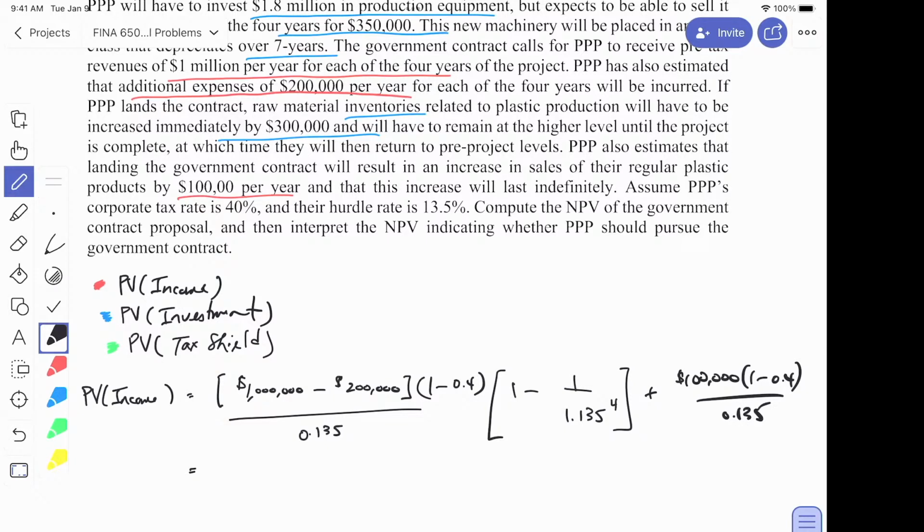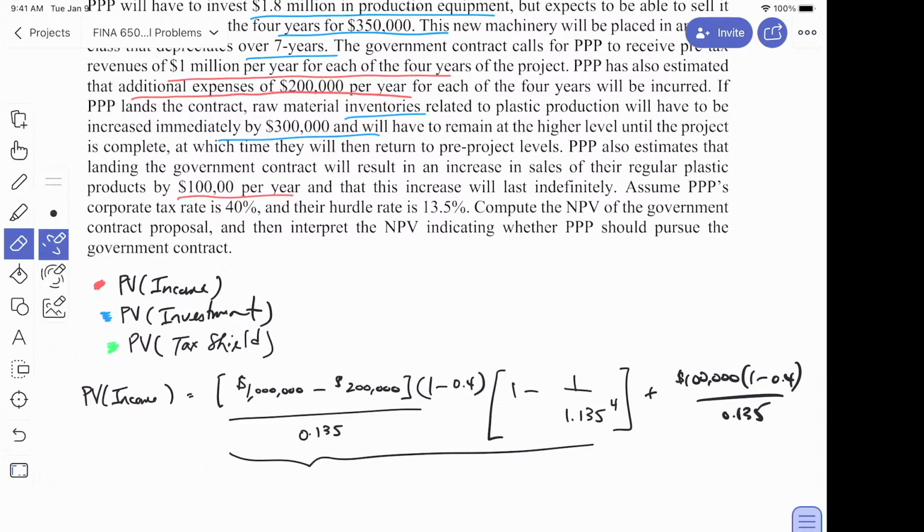Okay, give me a number. 2,153,780. Sorry, say it again for the first. For the first one, only the revenues and expenses, yeah. 1,413,039. Yeah, very good. Is anybody else getting a different number?